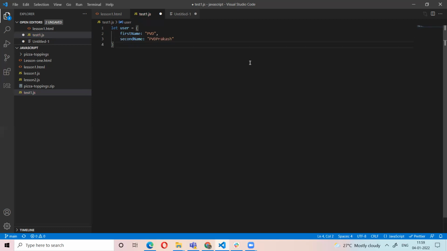What is the user here? Is it an array, an object, or a string? It is an object. So the user is an object.